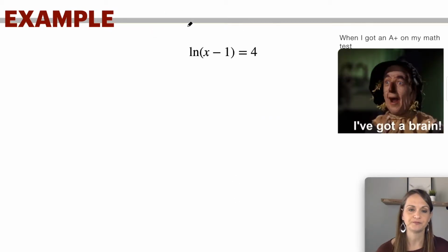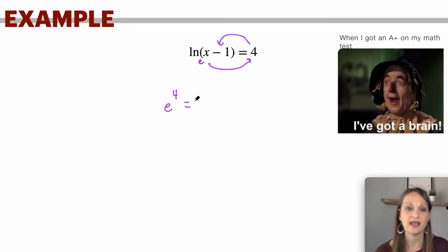So for example, if I had the natural log of x minus 1 equals 4, and I really need to solve for x, then I need to take the inverse. In a previous video, we discussed that if this was the log of a number, then you would make it an exponential of whatever that base is. Like if it was log base 10, then it would be 10 to the 4th. Same thing here. This natural log has an understood base e, so you would rewrite this as e to the 4th